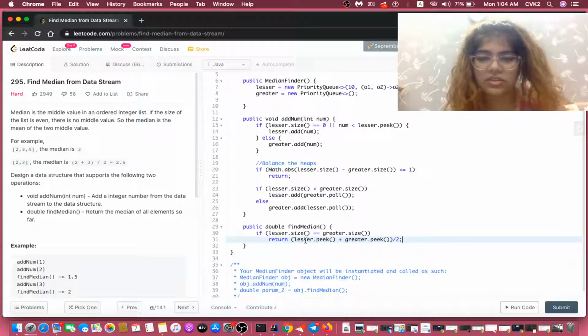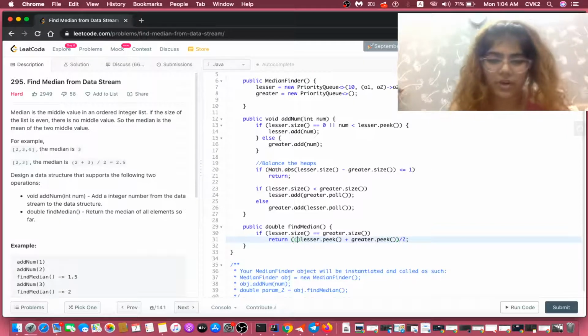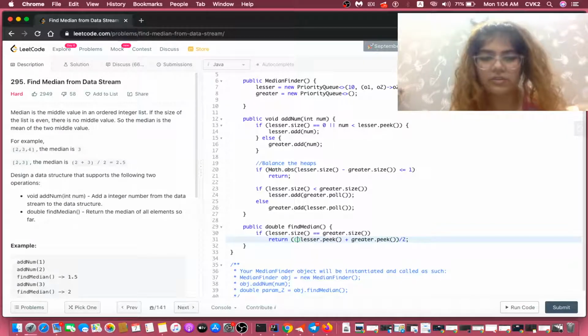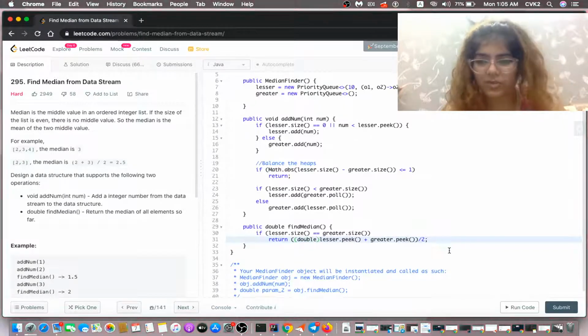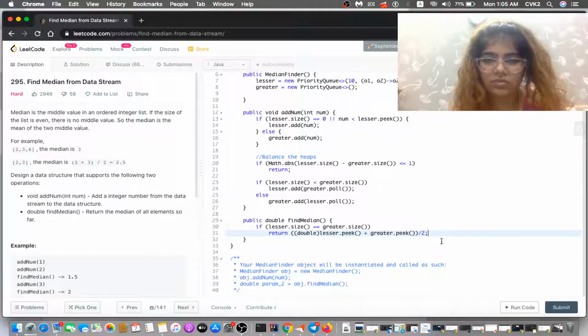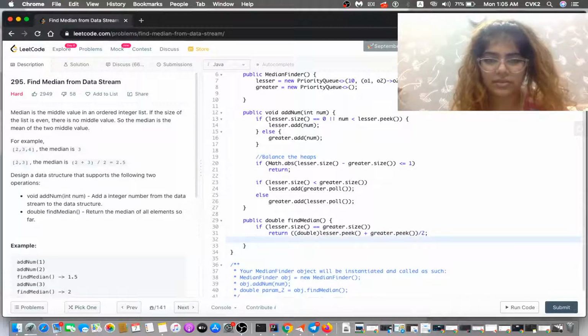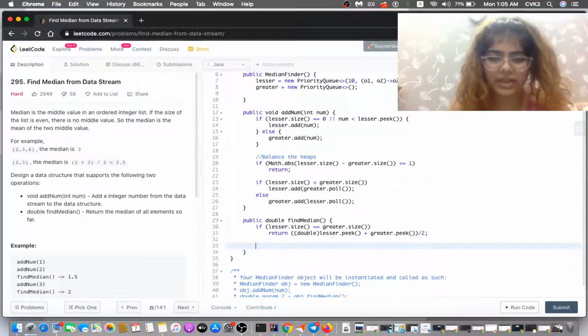It's an integer division, so that will be truncated. In order to avoid that, because we want to take care of the doubles also, see here in this case, for example, we are returning a double without truncating the decimal parts. We have to convert it to a double as well, any of the two, and we are done. If this is the case, we'll return this. Otherwise,